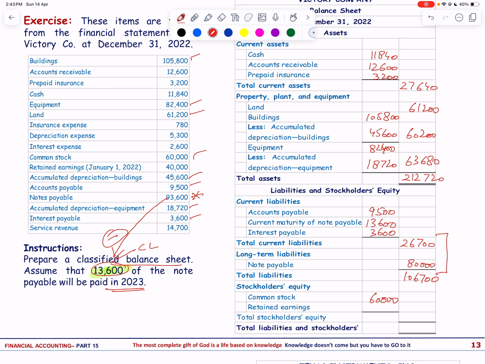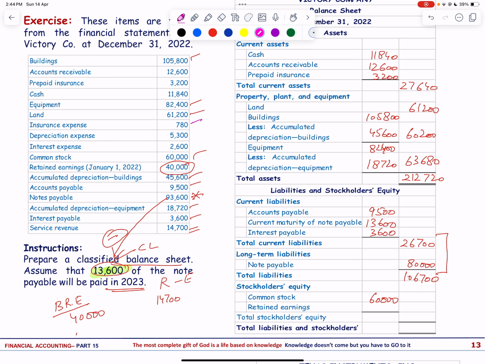Now we have the retained earning, and let us see, we have the beginning retained earning of 40,000 and we do have to calculate the end. We don't have the ending retained earnings, so we will have the income, and income is revenue minus expense, and the revenue is 14,700. From this we are going to subtract the expenses, and the expenses are